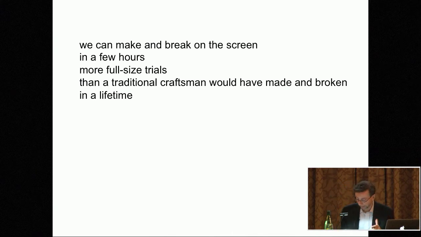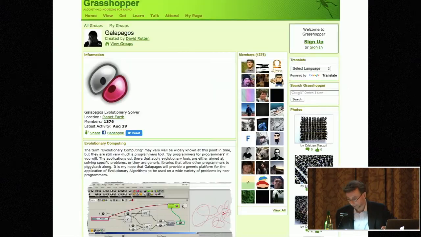Instead of doing many trials ourselves, one by one, we write a program that will do many trials in a sequence. And we look for the best results in that sequence based on some parameters we have chosen. We call this optimization, and we have software to do that, such as David Rutten's Galapagos, a Grasshopper plugin. As David Rutten explains, evolutionary algorithms, in this case, work as little more than unimaginably massive trial and error